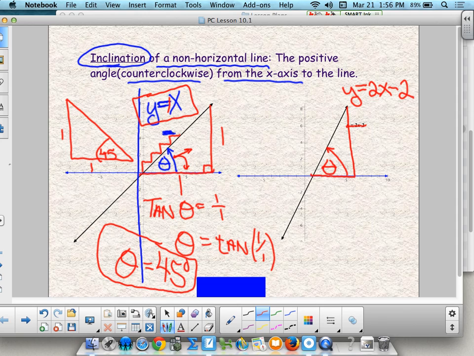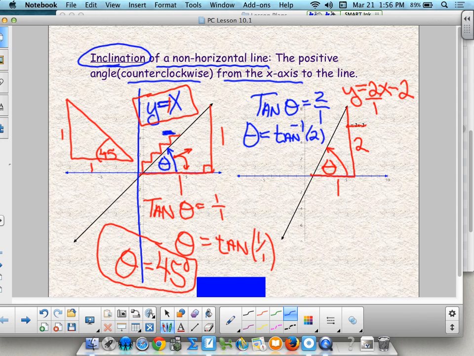And notice the slope is 2 over 1, so the rise is 2, the run is 1, which allows me again to use tangent. So I would do tangent of theta equals 2 over 1, theta equals inverse tangent of